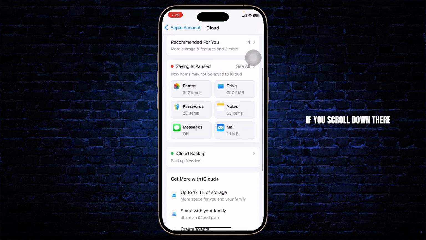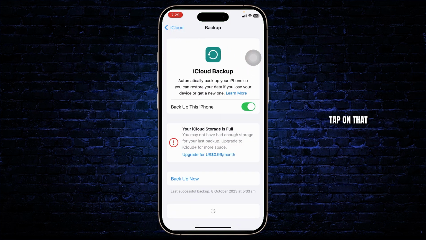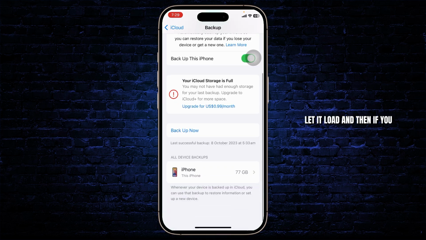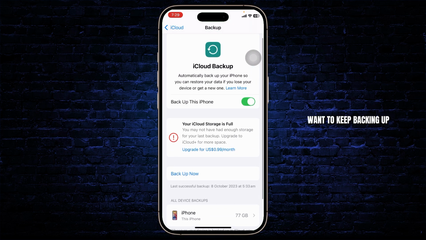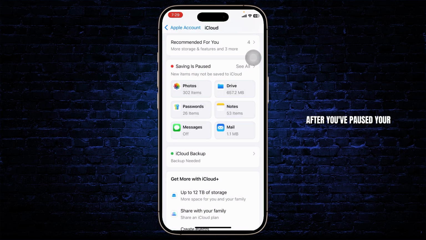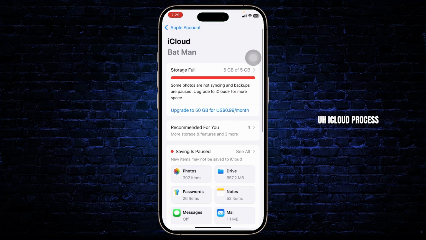If you scroll down, you'll see iCloud backup. Tap on that, let it load. And then if you want to keep backing up, you can tap on backup, or for now simply pause this backup process. After you've paused your iCloud backup process, you can then come back to this storage